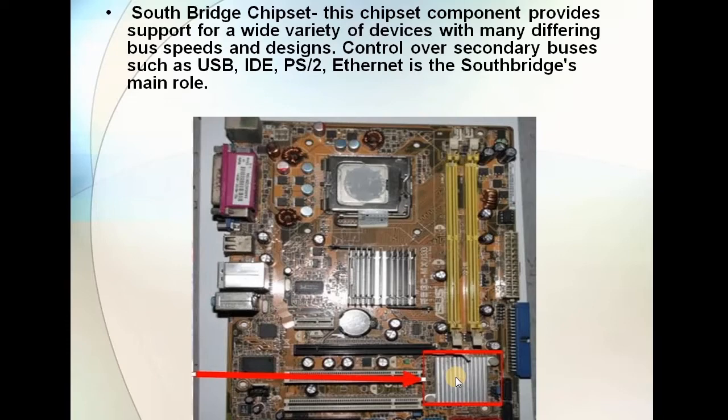So if you can observe, we have almost identified all the components that were present on the motherboard. Like we have seen the processor slot, we have checked the RAM slots, we have seen the extension slots, we have talked about the CMOS battery, we have talked about the north bridge and south bridge, and then we also discussed the different peripheral ports for input, output and power supply. So all these are the different components that are present on the motherboard.